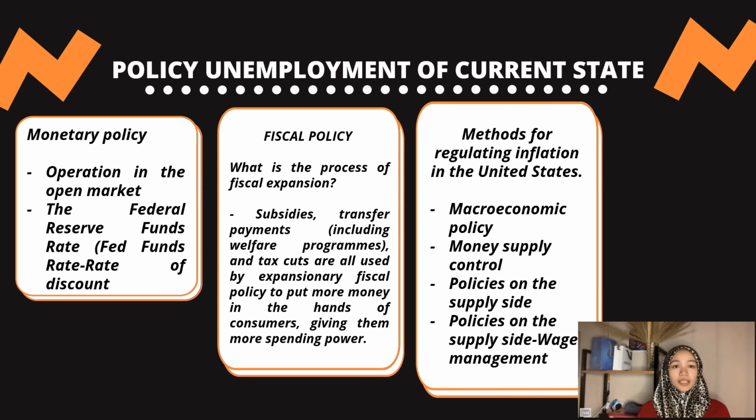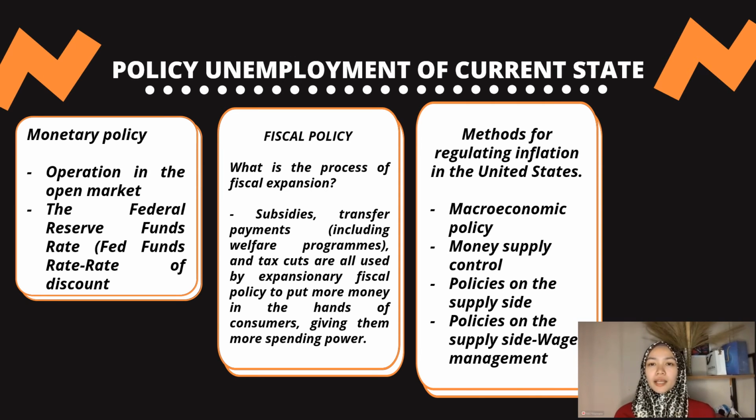This is typically sufficient to increase demand and accelerate economic growth to a healthy 2% to 3% rate. Second is the Federal Reserve funds rate. The Federal Reserve Open Market Committee may decide to lower the federal funds rate. It's the interest rate that banks charge each other on overnight deposits.